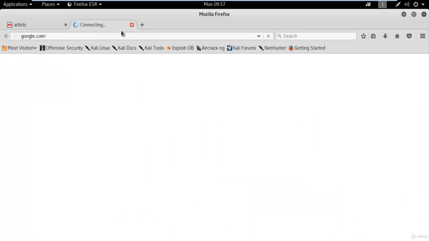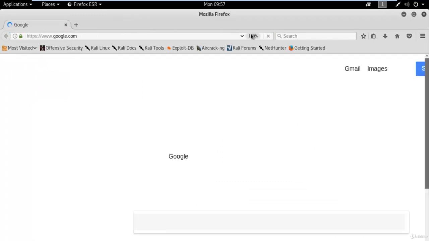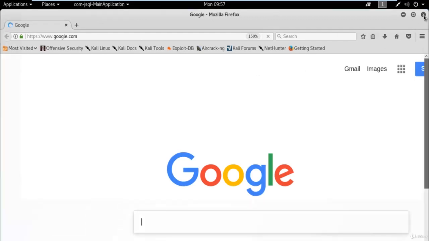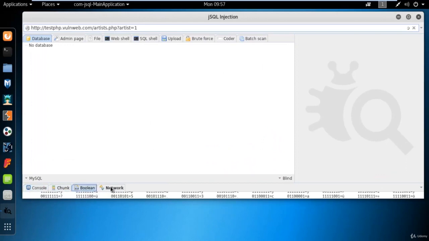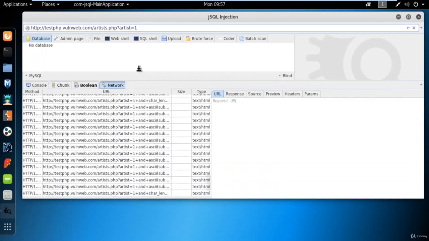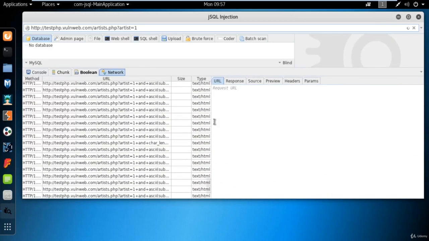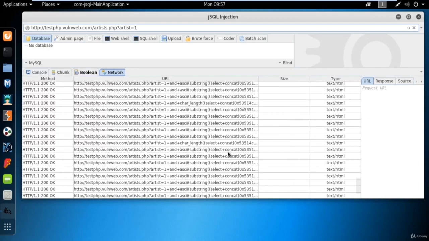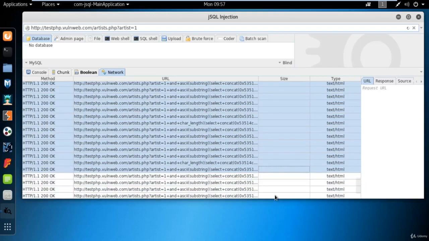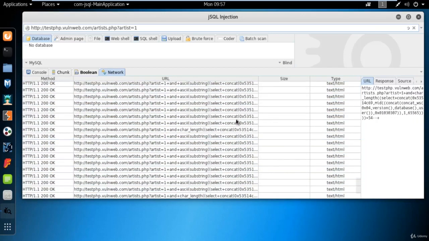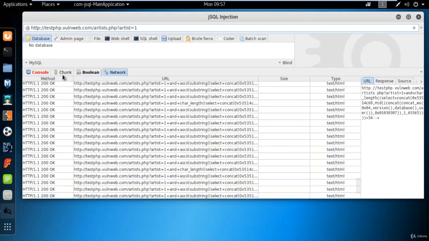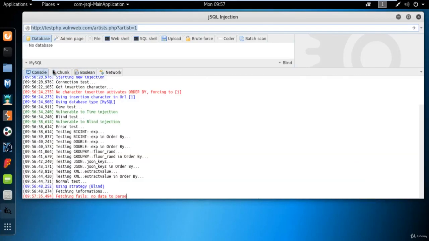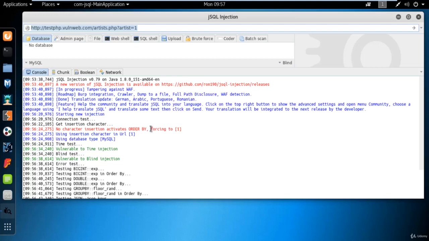Our internet is working properly, I think, so it should work. Let me close this, and you just need to wait and see if it works or not. You can see here that it is trying hard to find out information. It is using commands one by one to find out information about the columns, and you can see it is trying to insert information.